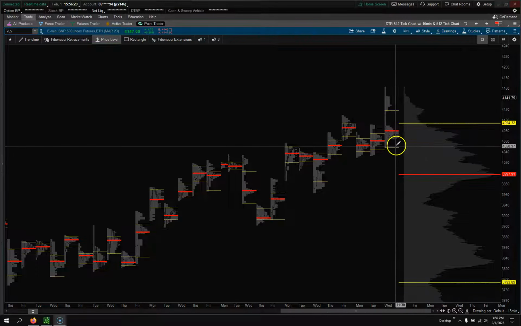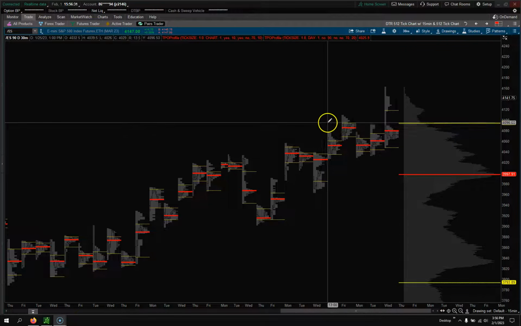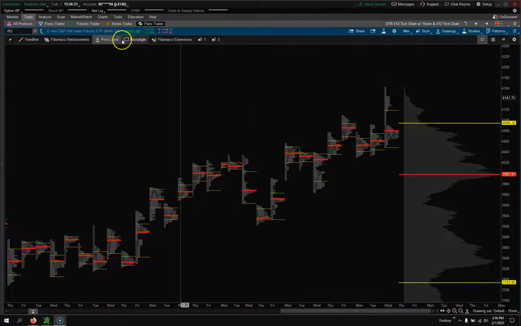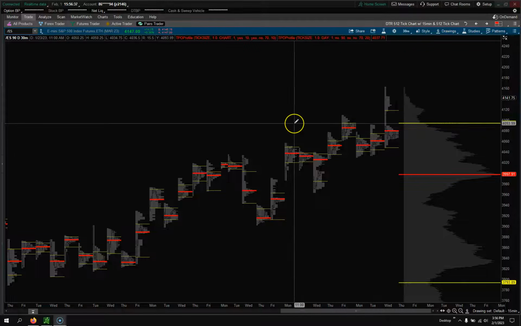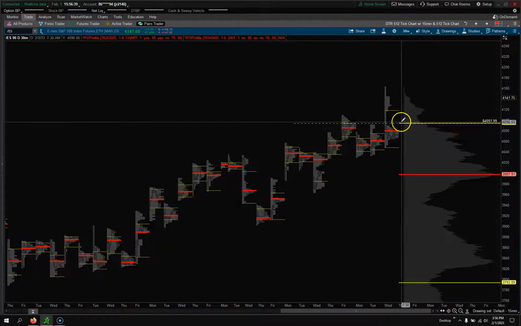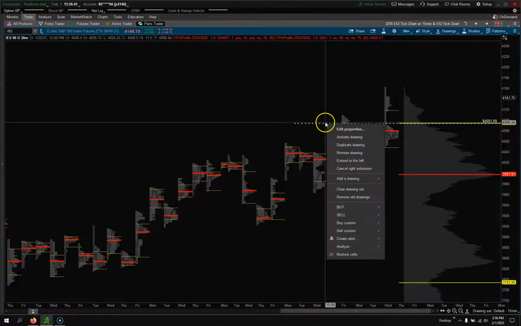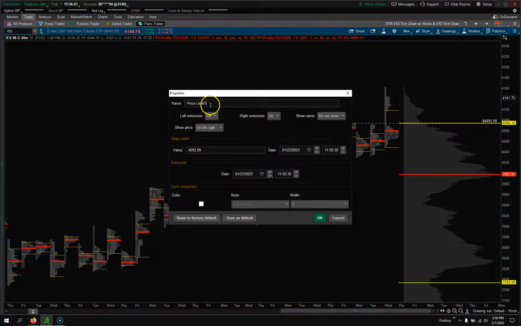But the way I like to use this is I come over here, I'll grab my price level tool, okay? And I just mark off these levels. And here, I might come over here and under price level, I'll call this,